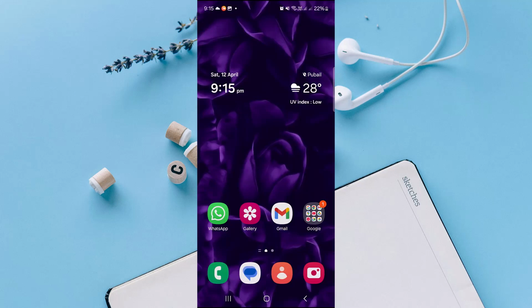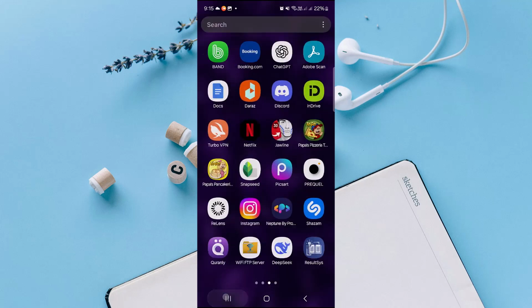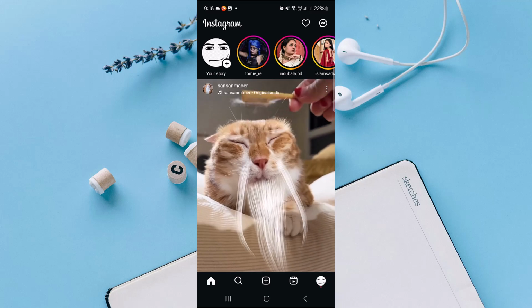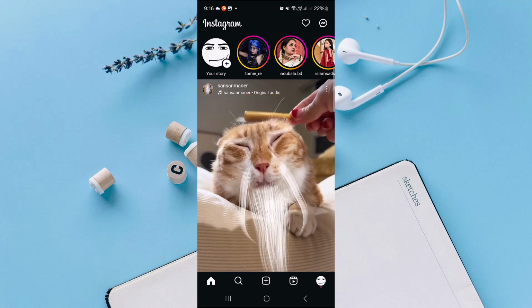In today's video, you are going to see how to hide your Instagram followers list. So let's head over to our Instagram application first. Once you're there, make sure you have logged into your desired account and then head over to your profile